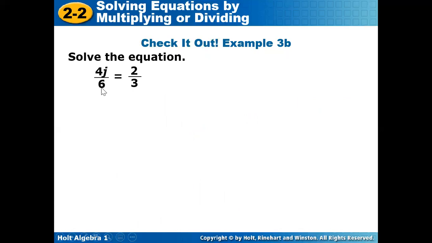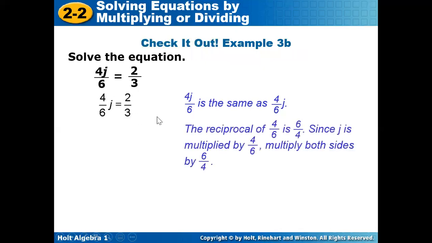In this case, we are multiplying 4/6 times j, right? If you write it like this, it's still the same thing, right? As 4/6 j. It can be written like this, right? Because it'd be the same as 4 over 6 times j over 1. And j over 1 is the same as j by itself. So if this is written like this, don't let it confuse you. Write it the same way, solve it the same way, multiply by the reciprocal, and we get our answer